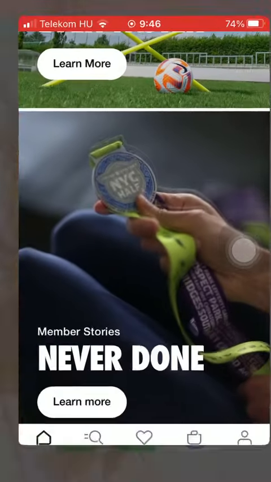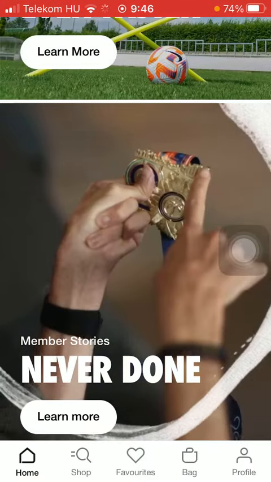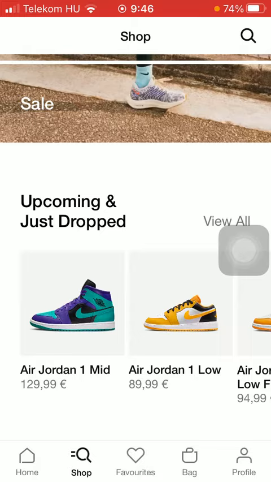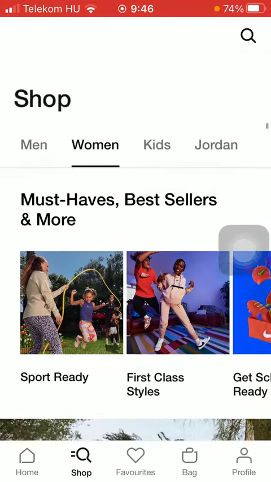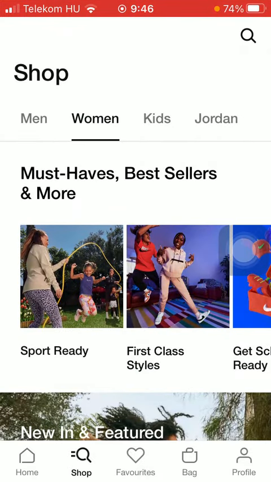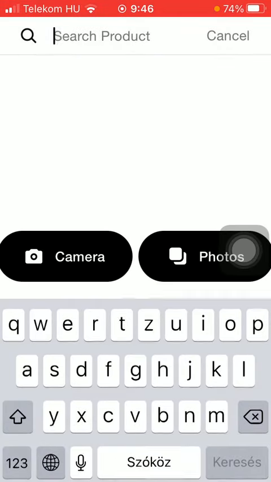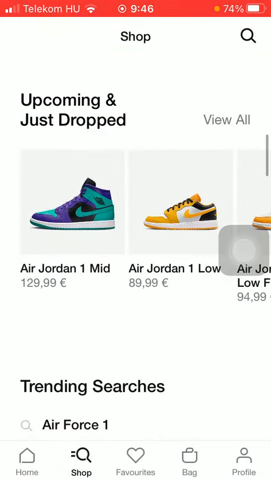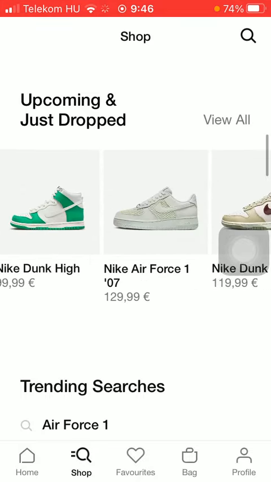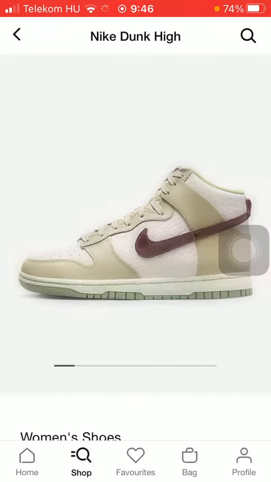First of all, open the application on your phone. Then you should tap on the shop icon down below, which is the second option, and then you should type in the kind of product that you are looking for into the search bar. Tap on the search icon in the upper right corner of the screen, or you can also scroll down till you find the one that you would like to add to your list